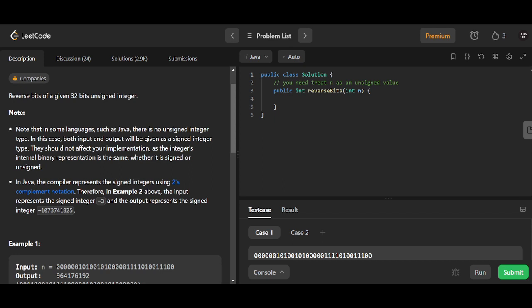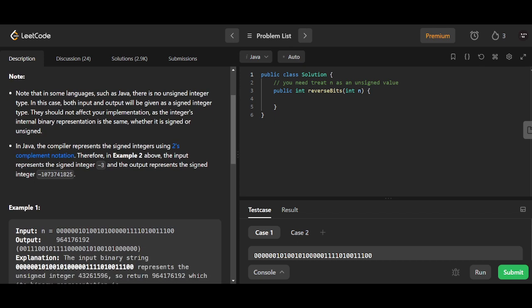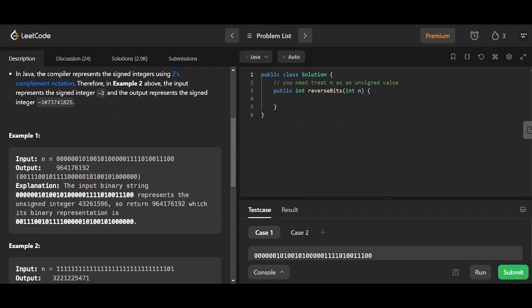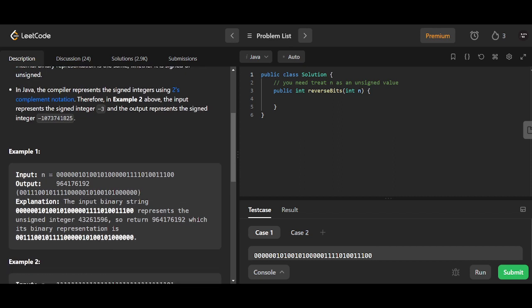This should not affect your implementation, as the integer's internal binary representation is the same, whether it is signed or unsigned. In Java, the compiler represents the signed integers using 2's complement notation. Therefore, in example 2 above, the input represents the signed integer -3 and the output represents the signed integer. Okay, I didn't fully get it, but yeah, whatever. Right now,